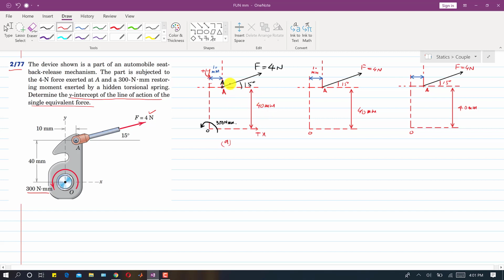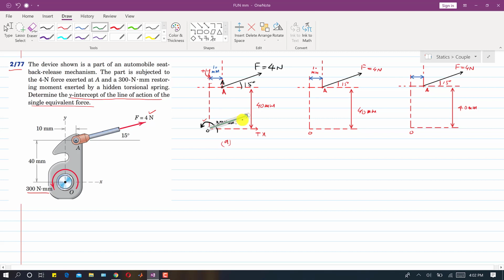So now what we will do is first replace this force by a force couple system. This moment is the initial moment at point O. So we will replace this force by a force couple system at point O. To do that, we will draw another force here of the same magnitude and parallel to this one. So let me draw a force which is equal in magnitude and parallel in direction. Let's suppose that this is that force.